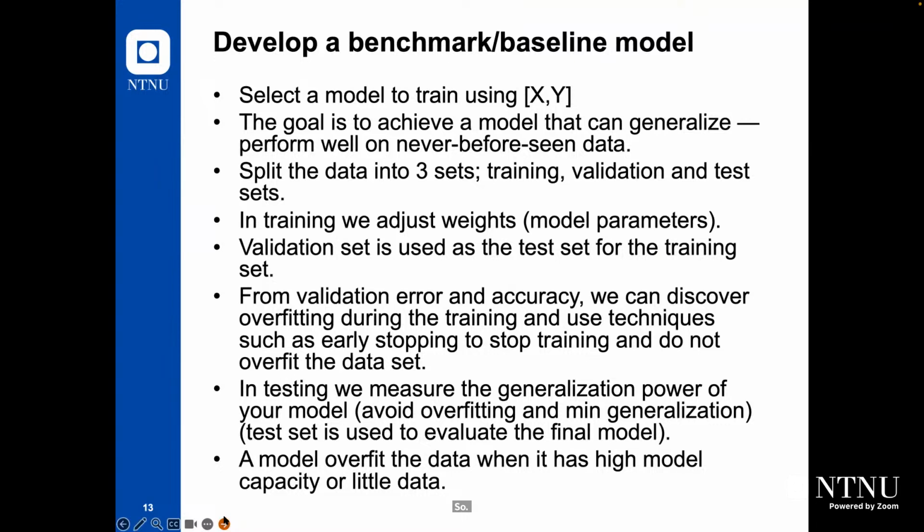We mentioned this also, that it's very, very important that you develop a benchmark or baseline model before going into the full model. So you need to select a model to train using X and Y. The goal is to achieve a model that can generalize, which means it performs well on never seen data. This is very important. So my goal, in fact, is to build a model which can generalize, which can perform well on new data,